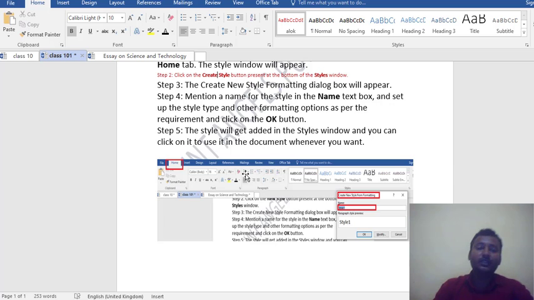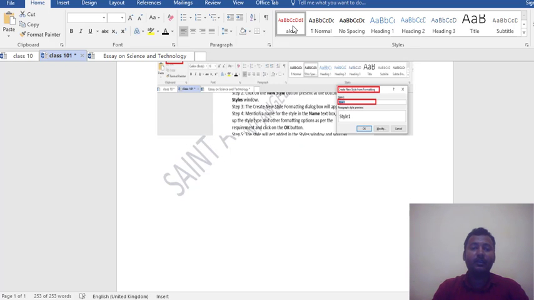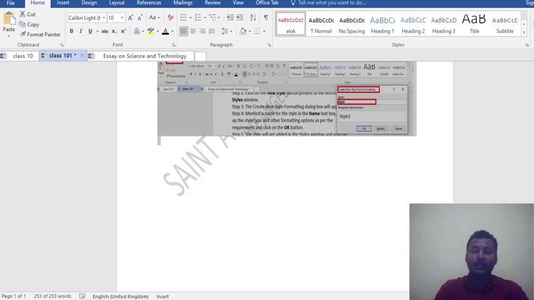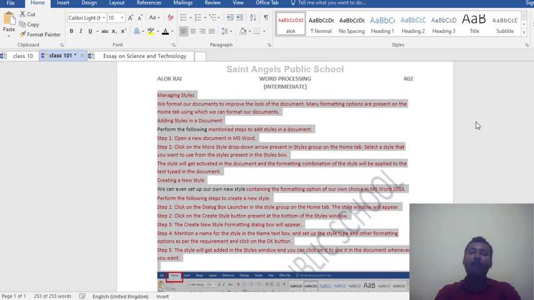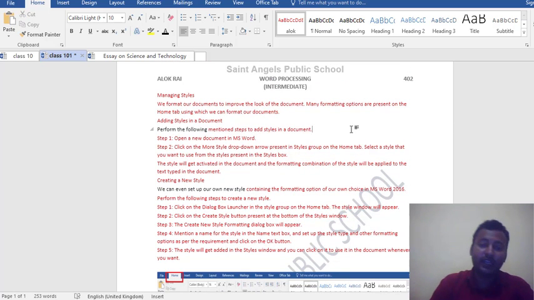Okay, then you see it, when we select all the document and we click on it, then we see that our text document style is changed according to our style Alok. I think all of you understand it. और आज के लिए इतना ही।